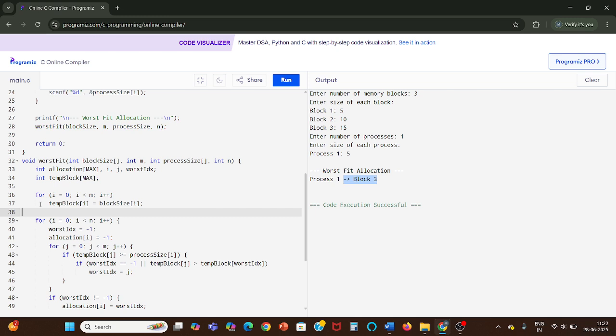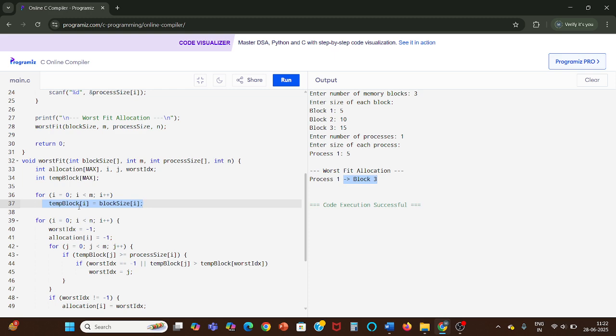In the first for loop, first we are copying the block size. Follow line number 37. In the first for loop, we are copying the block size of every block into the temporary variable called temp block. The reason for copying all the block sizes to this temp block is that we want the block size not to be changed.